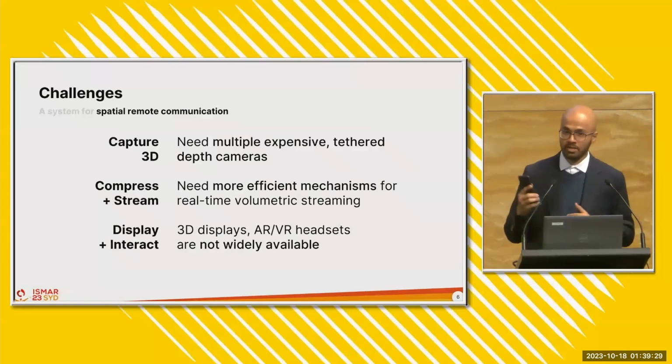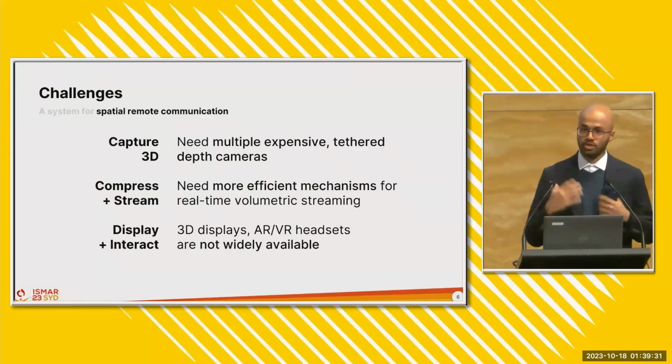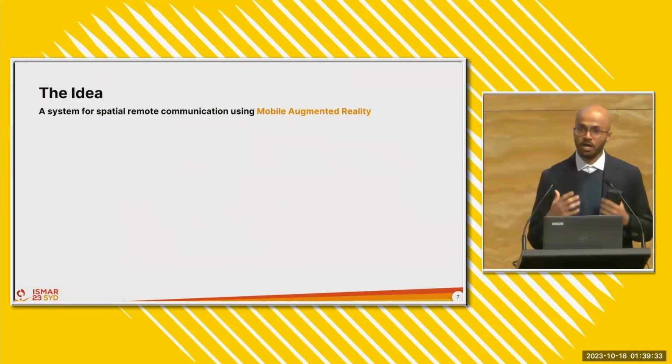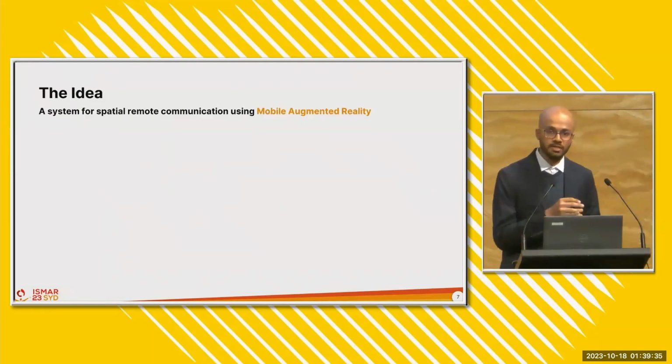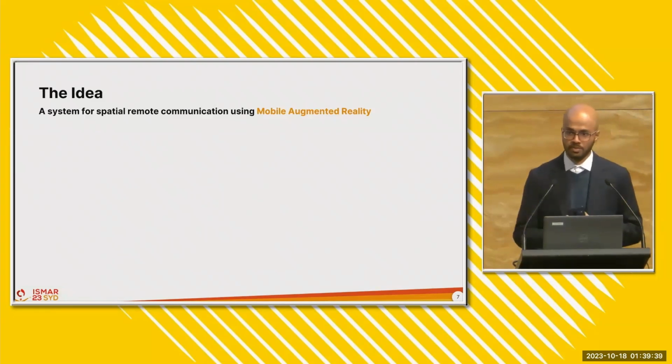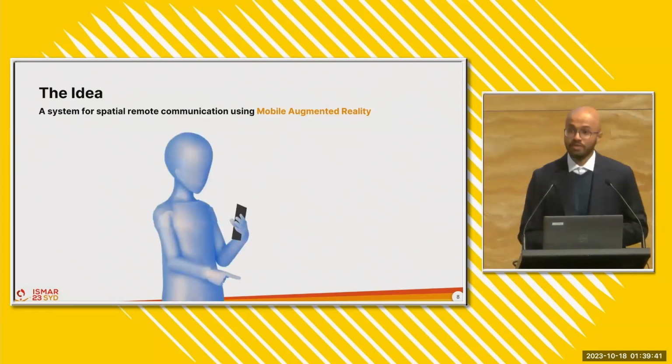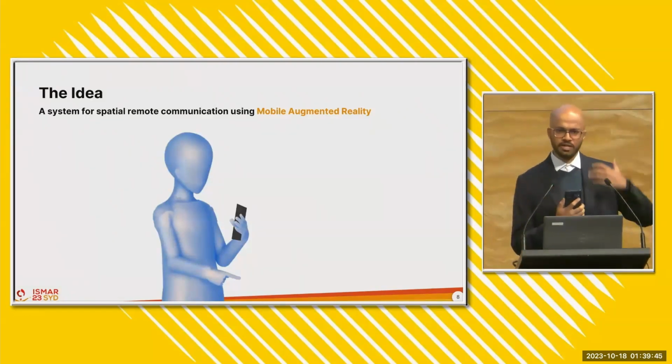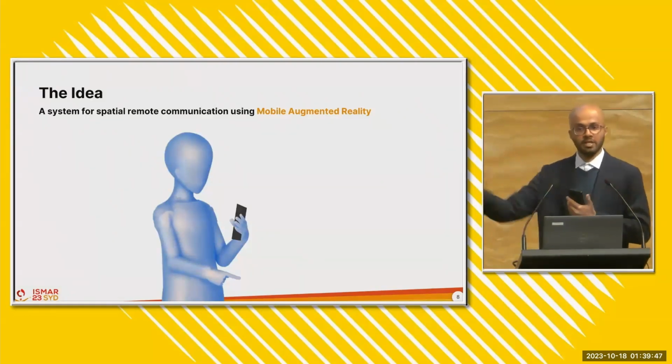And while we may not own a headset for personal use, all of us do have one of these, a mobile device. And the core idea behind our project and DualStream is to explore how we could use mobile augmented reality to develop systems for spatial communication that are much more widely accessible. So whenever we do use a mobile device, we always have one camera pointed right at our face and one or more cameras, in fact, pointed at our surroundings.